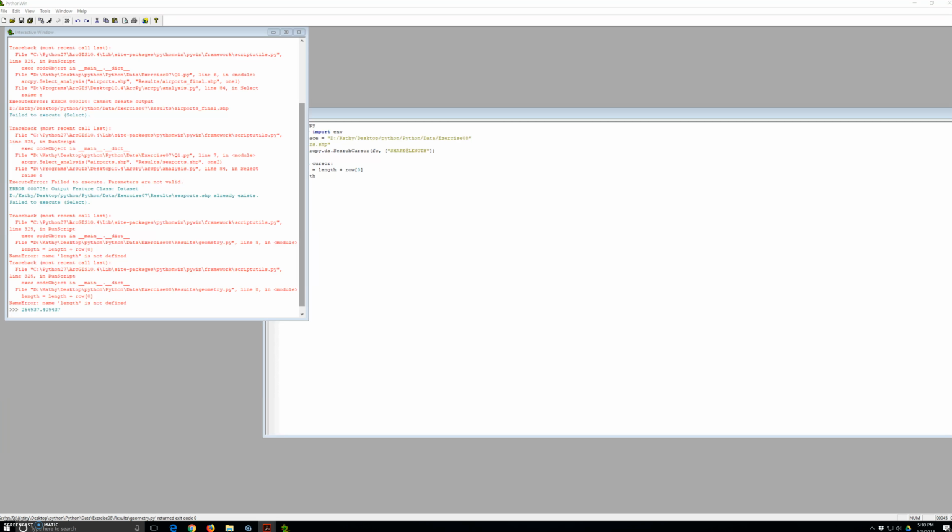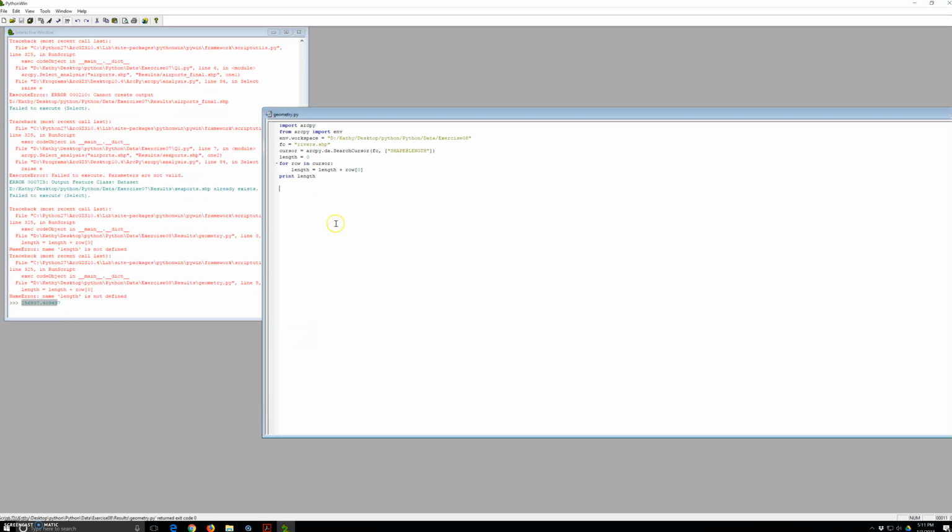This prints the total length of all the river segments to the interactive window. It's right here. And the spatial reference object can be used to determine the units. And we're going to print length, we will get rid of it. Units equal